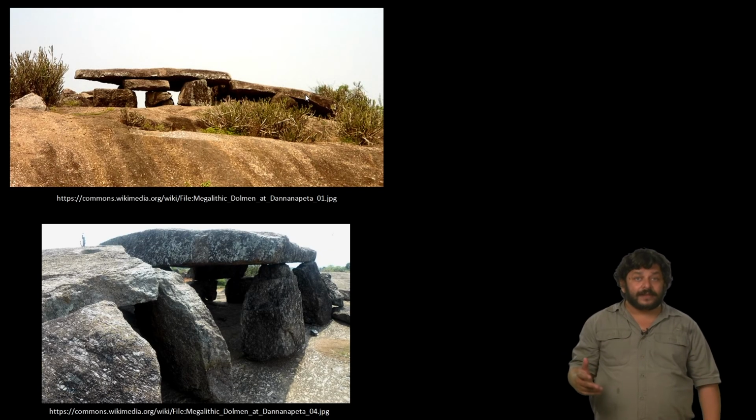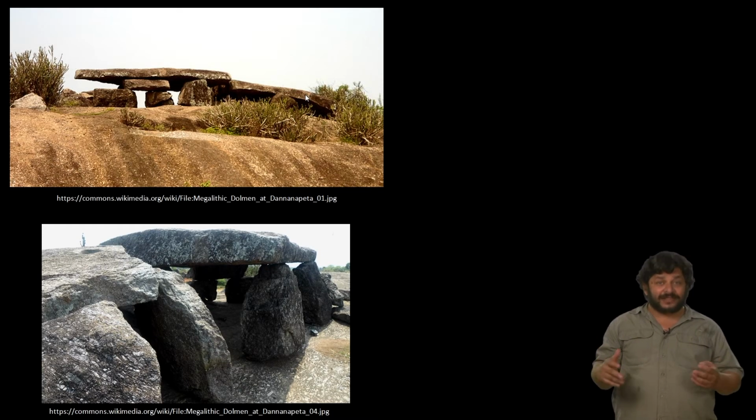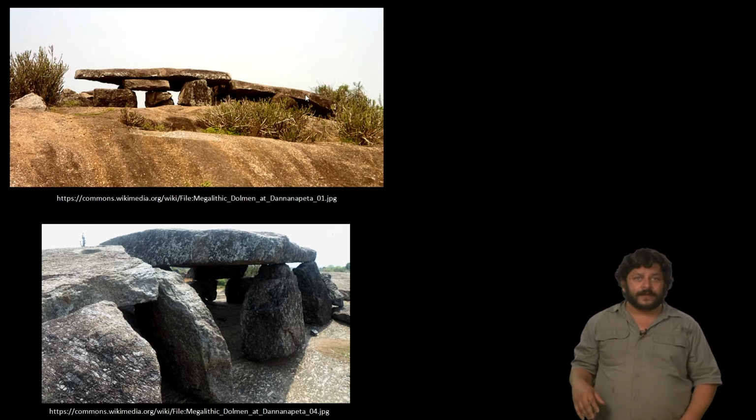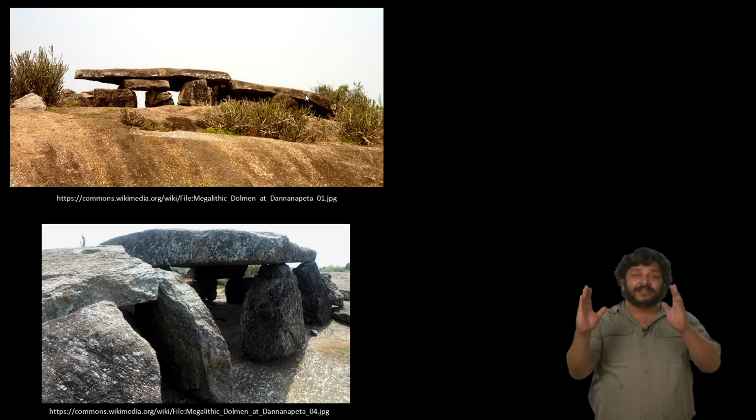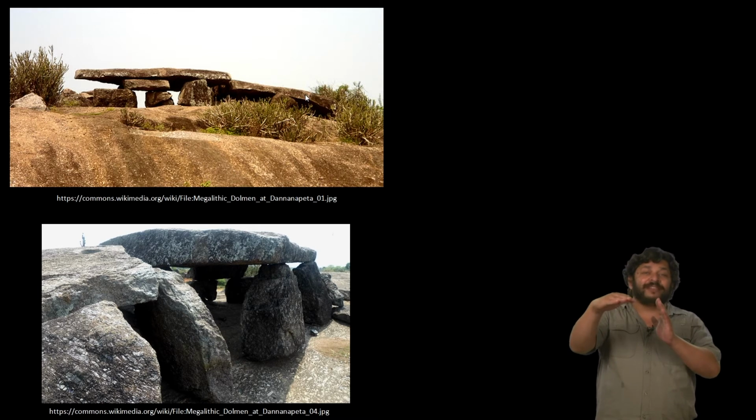Simultaneously, in South India, particularly in Andhra, Karnataka, Tamil Nadu and Kerala, you had a number of megaliths dated to somewhere between 1500 BC to 300 BCE. These are in the forms of menhirs, dolmens and other kinds of structures associated with megaliths or megalithic societies the world over. Menhirs are freestanding big rock columns. Dolmens are structures in which a number of uprights will support a flat slab on top.